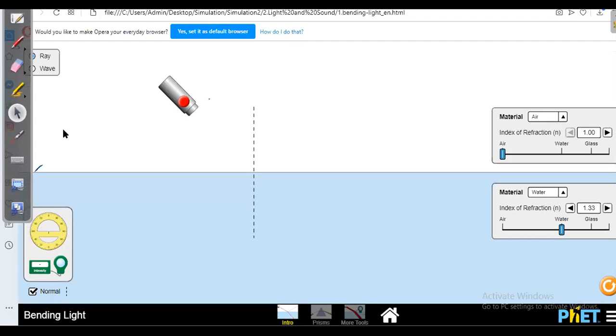Now I am using some source here. This is the air medium, and this is like a water medium. This is the first medium, which is air, and this is some other medium other than air. That could be water or glass. I can choose anyone. See here, they have given the option. I can choose either water, or in between something with some refractive index, or I can choose glass.